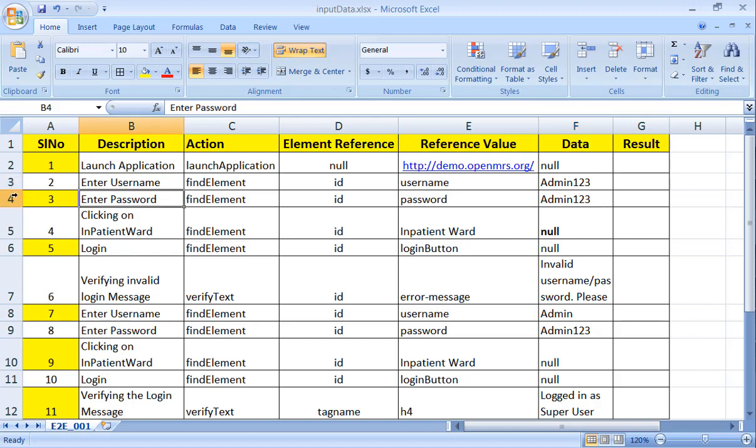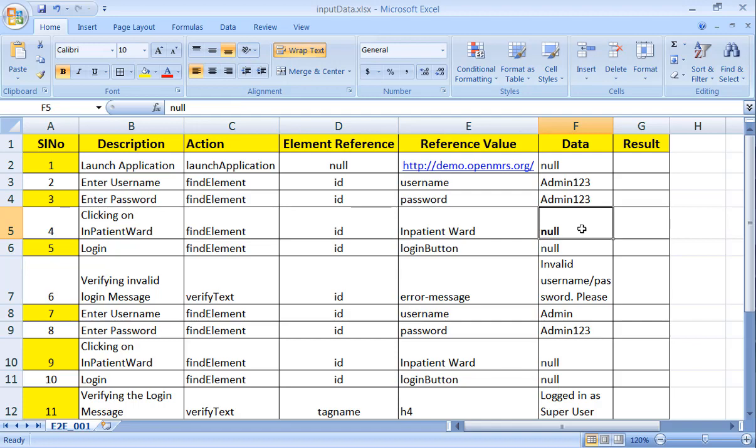Then enter password, then find element ID, the reference value is password, and you enter data as admin123. Then you select inpatient ward, where you provide the ID and the ID value as inpatient ward.